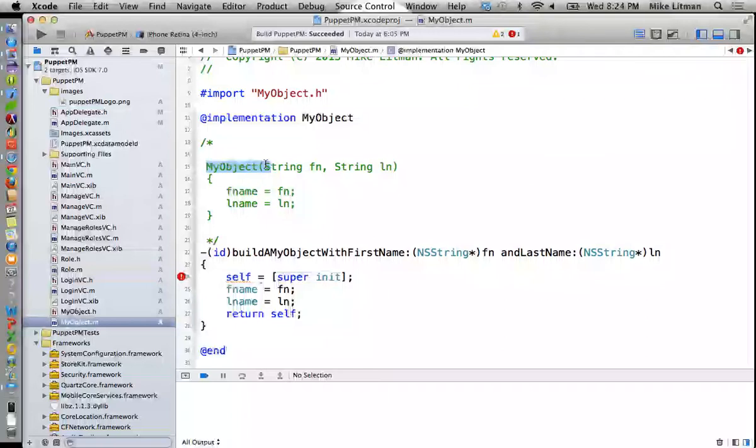So when we say build a my object, all we really know for sure is this guy needs 2 strings to work. We don't necessarily know what fn and ln are. We might be able to make a pretty good guess, but to be honest, my object doesn't really scream takes a first name and last name, does it? You know, maybe a my address object might, something like that, but a my object doesn't. So really, we need to be much more descriptive with our variable names